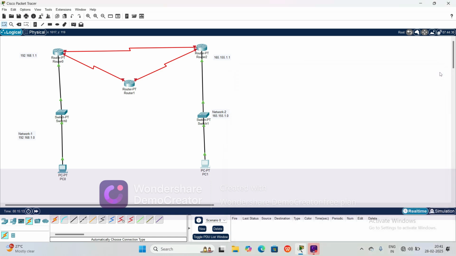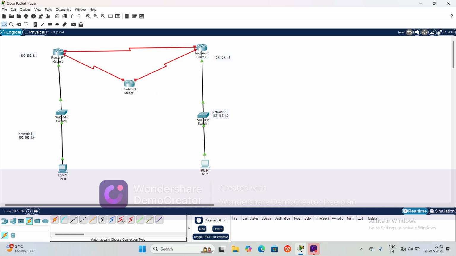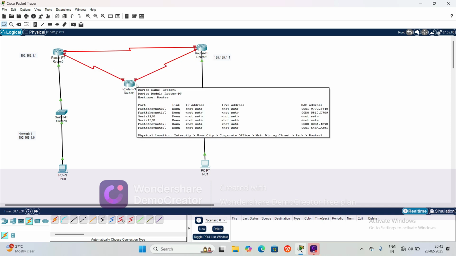Let's close it. Right. Now you can understand. Now you can see a green signal between those networks. Within the network, we are getting a green signal, right? Okay. Now I have to configure the connections between the routers. So for that,